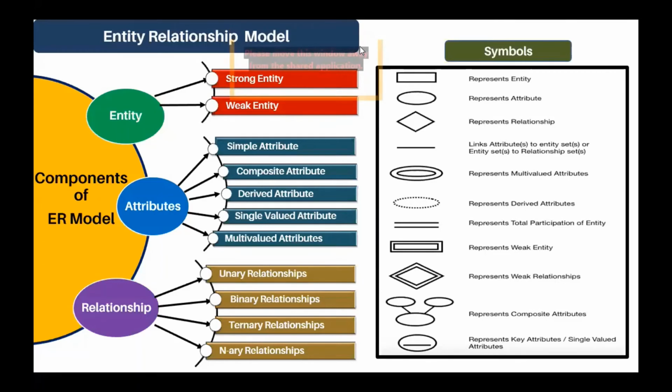Ma'am, can you give an example of unary relationship? Yes, we will see it in the next real-life example. Suppose I am a teacher and I want to find out the HOD. Every teacher is not a HOD. The HOD can be one of the teachers only. So in an employee relationship, I am finding who is the head of all the employees. That becomes your unary. In real life, you will see this.